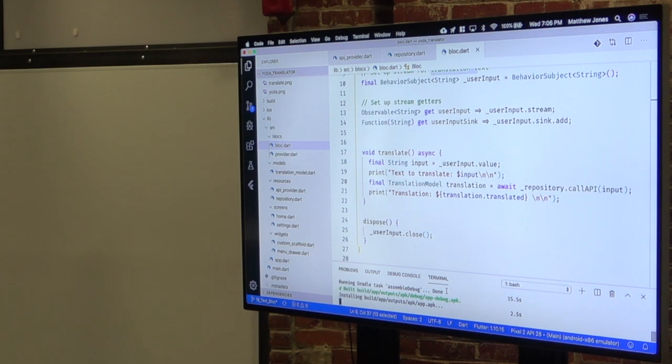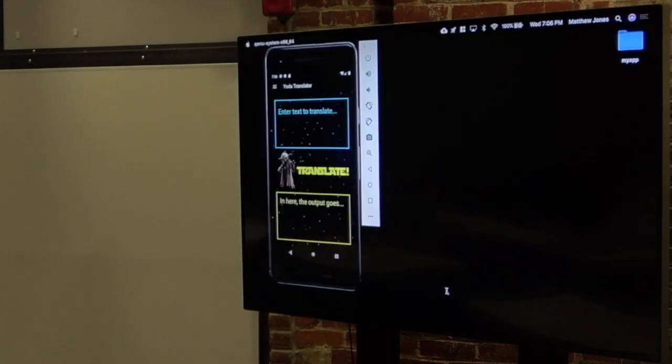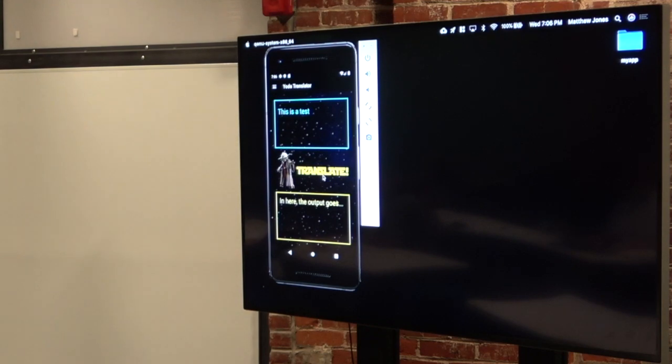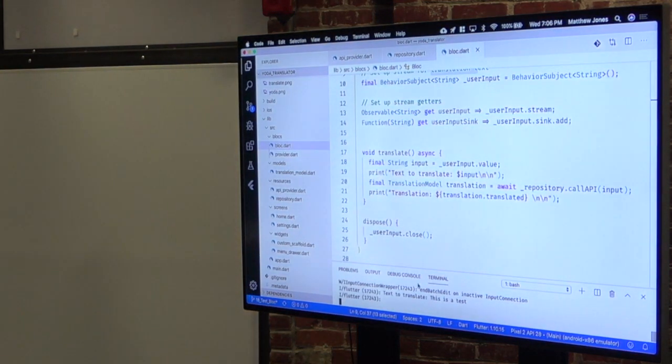A little bit worried that Postman bugged out on me. I'm wondering if the Rapid API went down, which would be perfect timing because I tested it half an hour before I came here. So let's go ahead, and this is a test. Hit that translate button. And yeah, Rapid API is not working. Well, this just got a little bit worse.